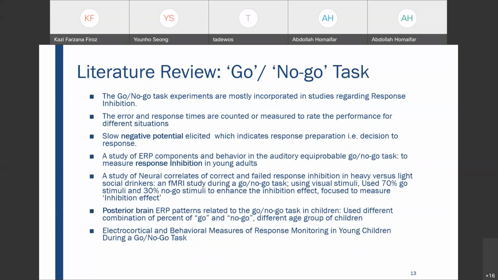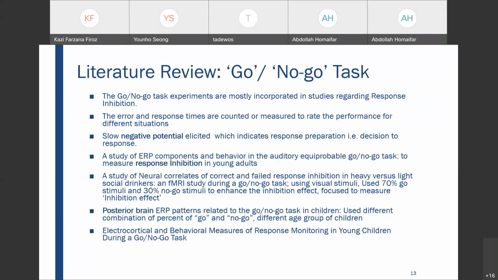The literature review of the go-no-go task shows us that go-no-go experiments are mostly incorporated in studies regarding response inhibition or performance. They measure the error and response times to evaluate performance in different situations. In studies, a slow negative potential has been found, which indicates response preparation. We can interpret that as the decision to respond. A study of ERP components and behavior in auditory equiprobable go-no-go tasks measured response inhibition in young adults. And another study shows